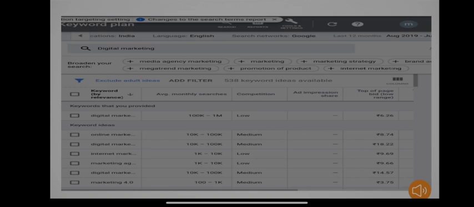So in this image you can see that there are several prices for each and every possible keyword. You can try this interface, just go on Google and type adwords.google.com, then you can see this interface. You can try, it's free of cost. So this was about keyword research. I hope you understand what this keyword means.